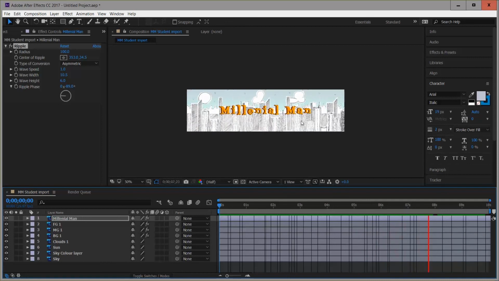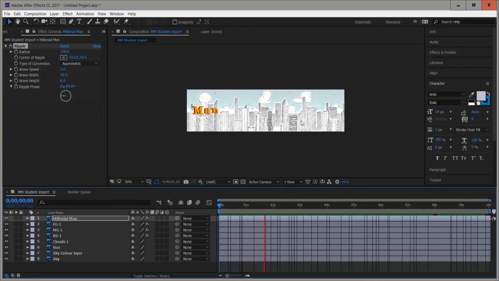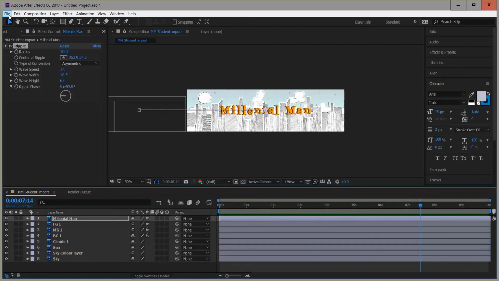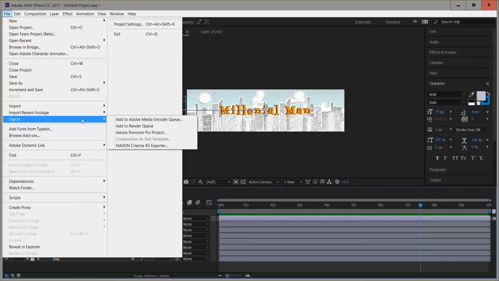We've got the motion tiles working in the background, giving that sense of depth. We've got the text in the foreground, now rippling, kind of responding to any air that may be there as it kind of flies in. So the last step is to export this. So if I go to File, Export, and go to Add to Render Queue,